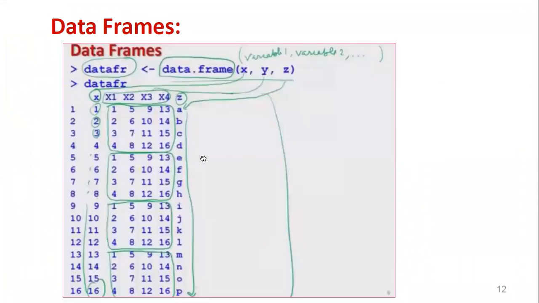Then here you can see the complete detailed explanation about this. What I explained till now, here you can see data.frame. That is, first it takes variable 1, comma variable 2 and so on, variable n. Now here you can see the marked area. The second portion, x1, x2, x3, x4, is the 4 by 4 matrix, so 4 times it is created. Then X, the first column, 1 to 16, the vector values. Then the last one, Z, another vector which contains the lowercase letters, small a to small p. So like that the data frame is created.